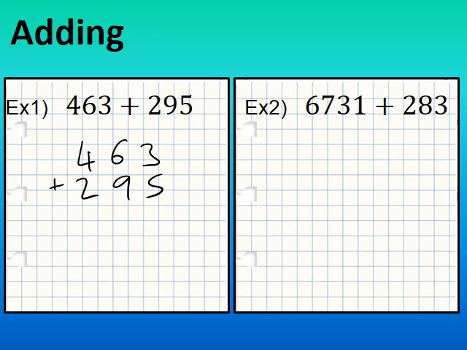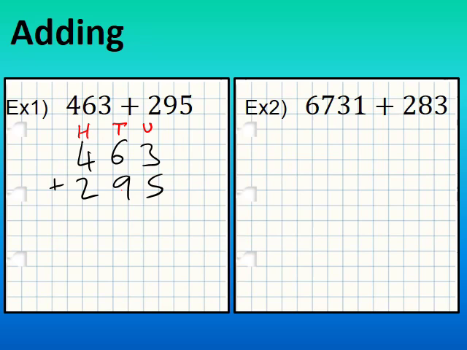Now notice that I've written the 2 in line with the 4 because these are both in the hundreds. 6 and 9 I'm adding together because they are in the tens, and 3 and 5 are in the units. If we make sure that we have the correct numbers in the correct column, it makes it a lot easier